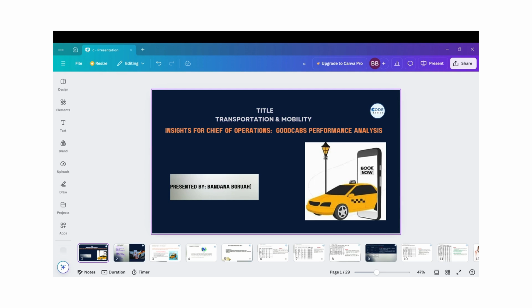I am Bandana. This time the challenge revolves around the transport and mobility domain, focusing on a cab booking service